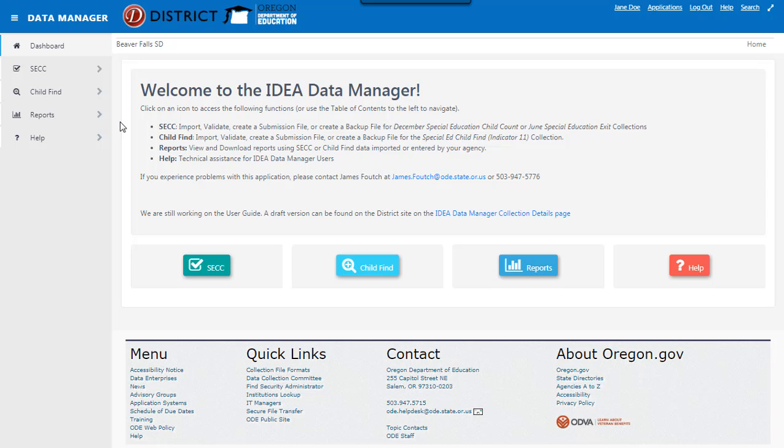This video contains information on using the Reset button while importing files for December Child Count, June Exit, and Child Find. We will begin this process by first logging into the IDEA Data Manager, which takes you to the main